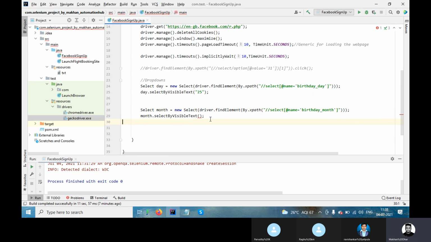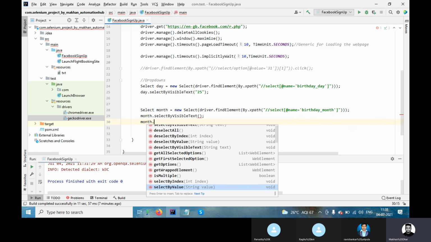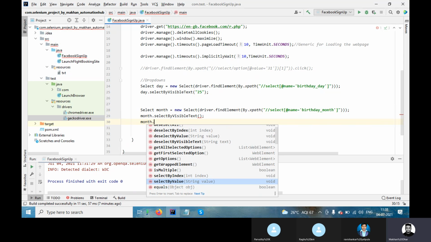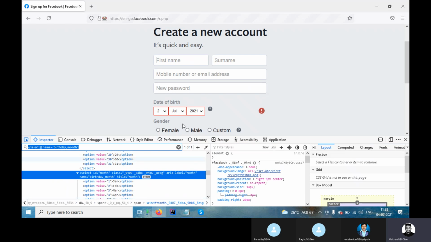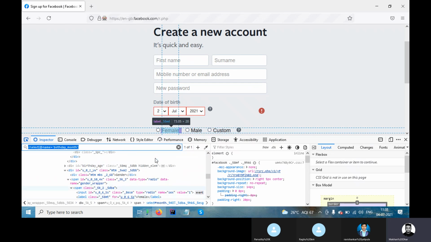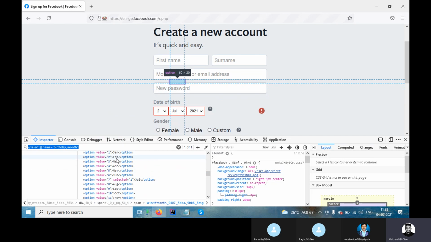There are a lot of methods. If you just type month dot, when you call the object, you can see there is deselect, and if you want to select, there are a lot of select by index, value, whatever. We'll use select by visible text. Now within the double quote, make sure you are not entering the month on your own. Whatever is there, suppose it's Feb, you can't say February.